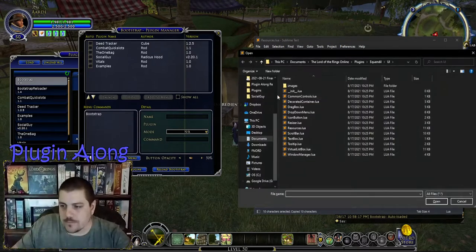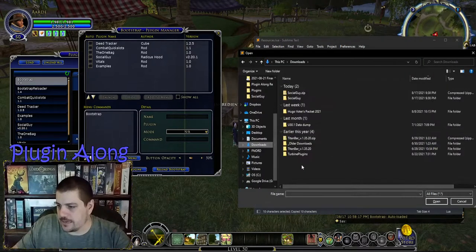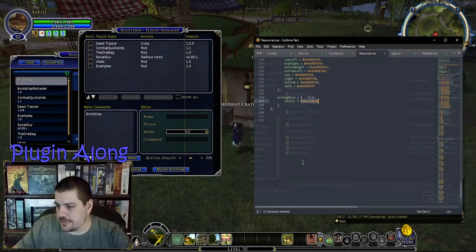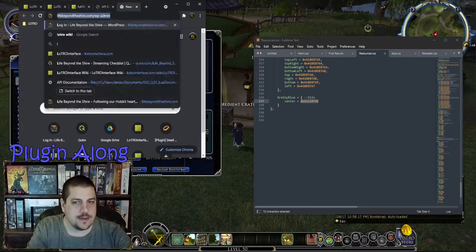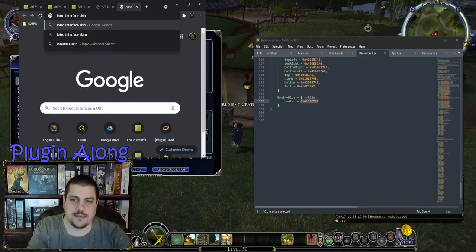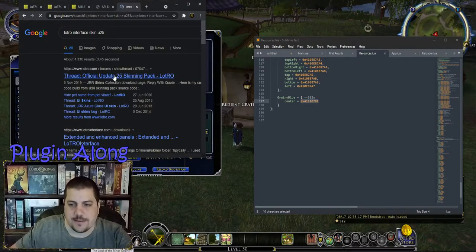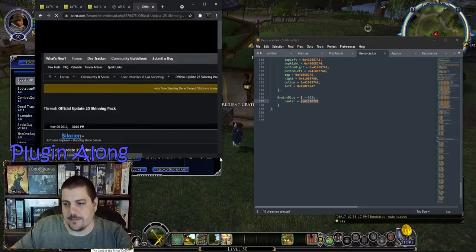And one of the things that we can get is a skinning reference. I think I may have blown it away. So let's go ahead. LOTRO interface skin update 25, something like that. There we go. Official skinning pack. And